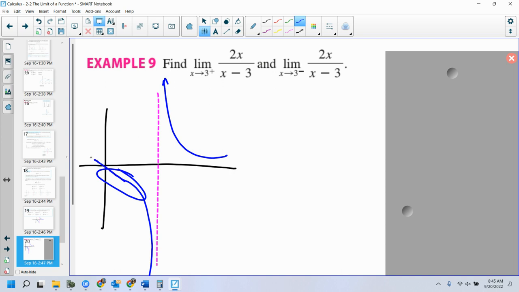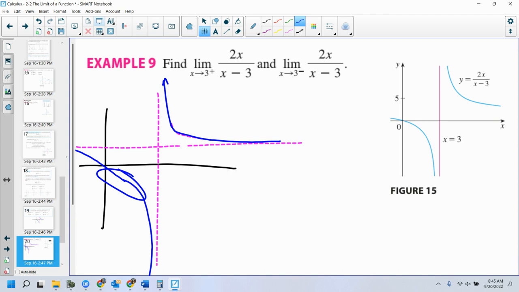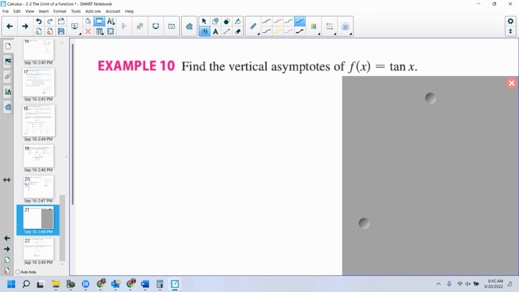That's okay. I'm going to get better at this then. Here's 2. I'm going to do a better diagram here then. Yeah, no. Maybe a little bit more. There we go. Let's see how close I got. Hey, I did pretty good. Questions about that? So you can figure out what it's going to look like around the vertical asymptote by using the ideas of limit, by knowing it's going to keep getting more positive or more negative. You can kind of get an idea what it's going to look like around it.